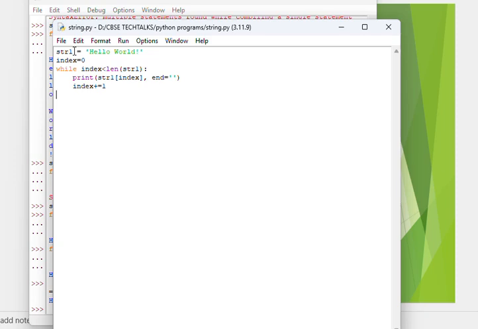So what we have done, we have initialized the string, then the index is given as 0, while index is less than the length of